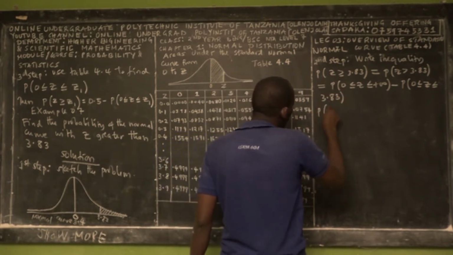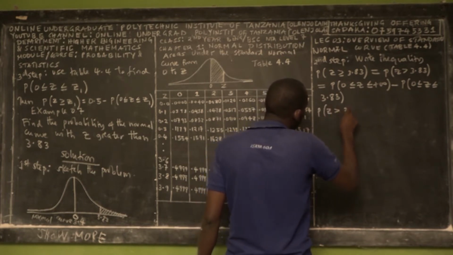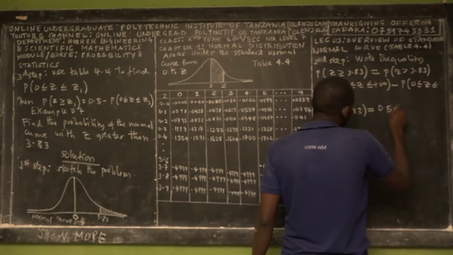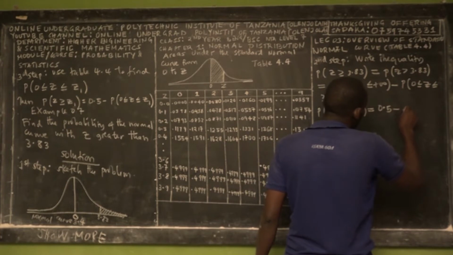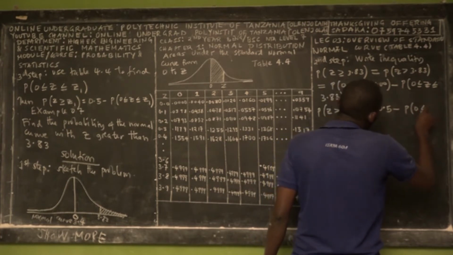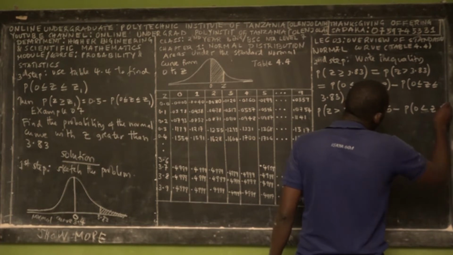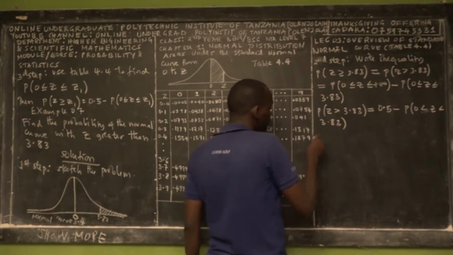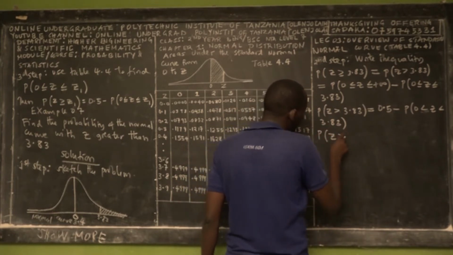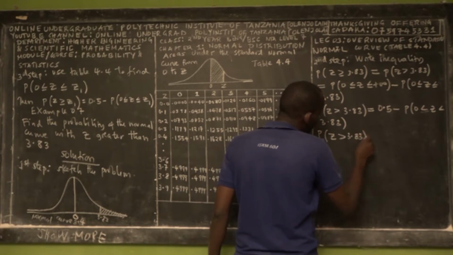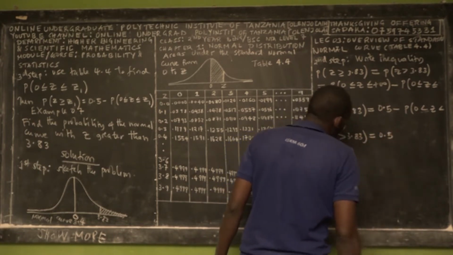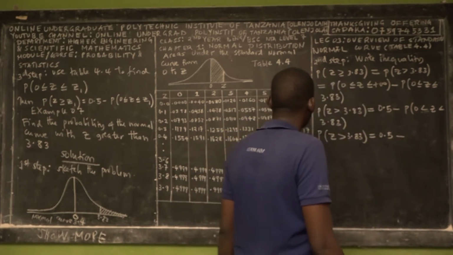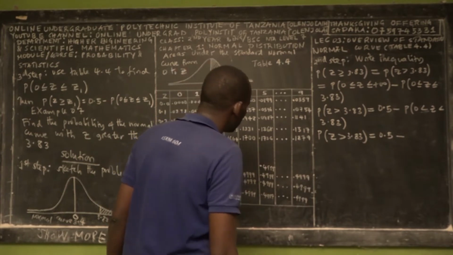Simply, probability of z greater than 3.83 is equal to 0.5 minus probability of 0 less than z less than what? 3.83. So we say probability of z greater than 3.83 is equal to 0.5 minus what? Okay, so now